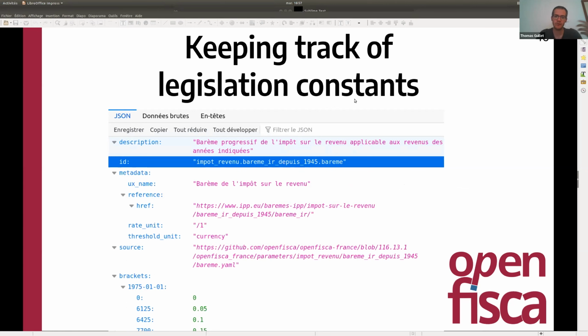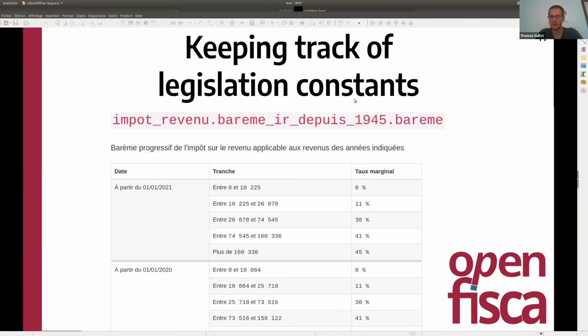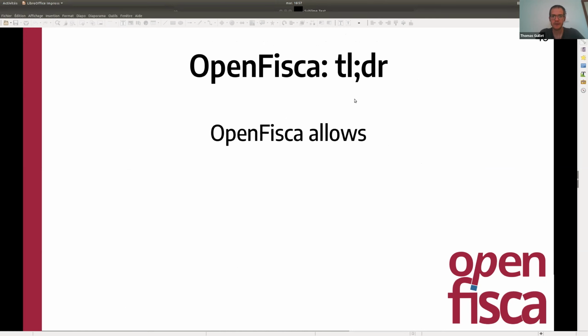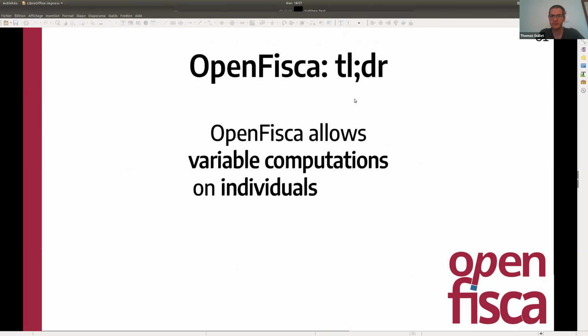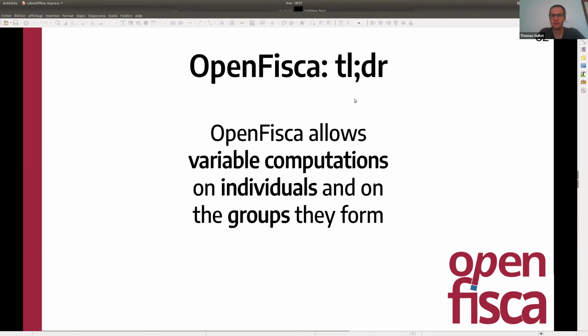They are made available via API, and we can build services like the simulator, but also just use tools that allow us to see the evolution of those constants through time. In a nutshell, Open Fisca is a way to compute variables on individuals and on the groups that they form for an institution and the administration.